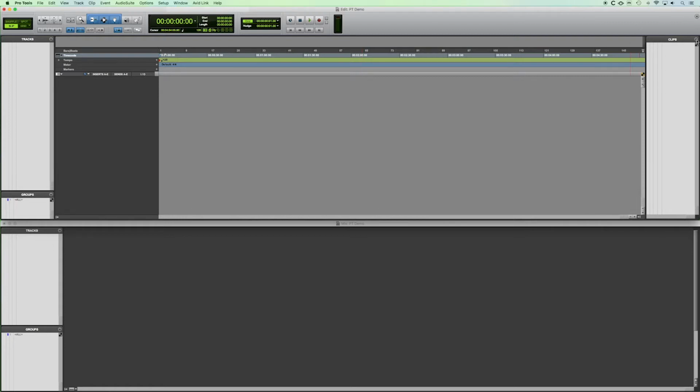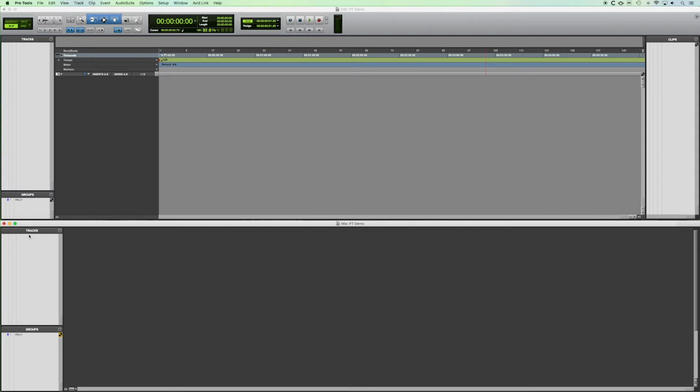Over here on the right, where it says clips, is essentially your media bay or your audio pool, where you're going to see all the files that you'll eventually import, and you can actually drag them right into your arrange window from there. So let's go now to our mix window, and you have a similar column here that also